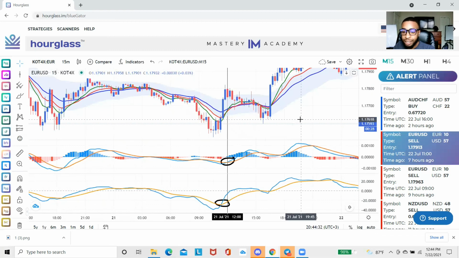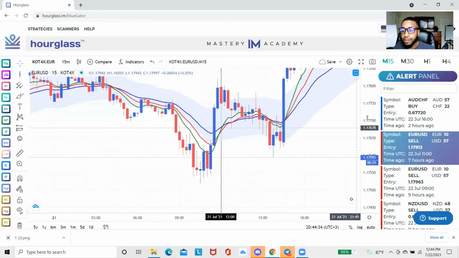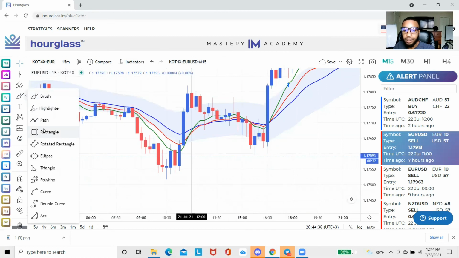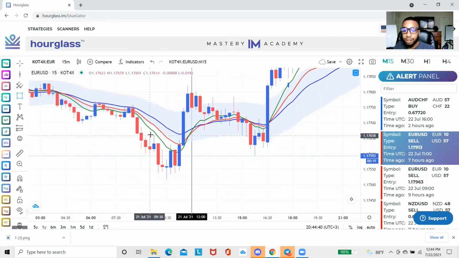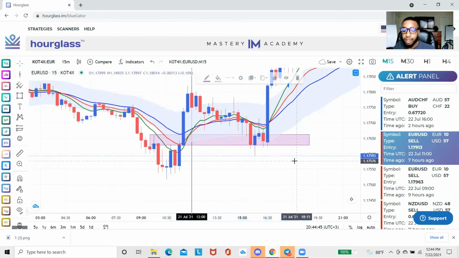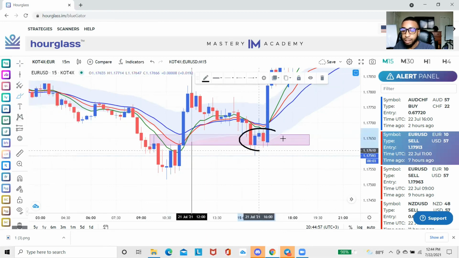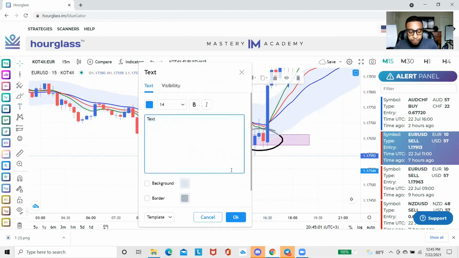Now, the next thing that you want to do is this is where you have to understand break and retest, okay? So you would need to know that this structure, which is right here, is where the market broke. This zone that was created with this resistance, the market broke this area. As you see, it retested. Whenever the market retests this area, you want to look to be able to take a trade of 3